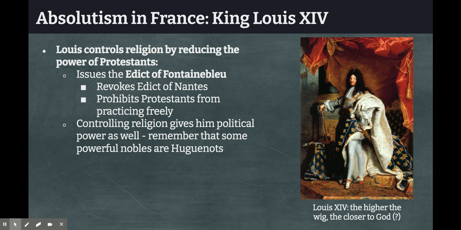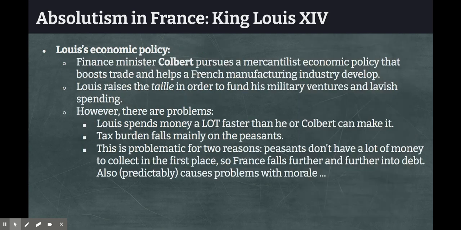That was the policy that established Catholicism as the official religion of France, but allowed Protestants to practice freely. And the edict where he revoked the Edict of Nantes is called the Edict of Fontainebleau. So remember that name; it's going to come up. It revokes the Edict of Nantes and prohibits Protestants from practicing their religion. Now remember, there's still a relationship between religion and politics. In France, a lot of nobles are Calvinists, they're Huguenots. So controlling religion also gives Louis more control over the nobles, which we know he really loves, right?